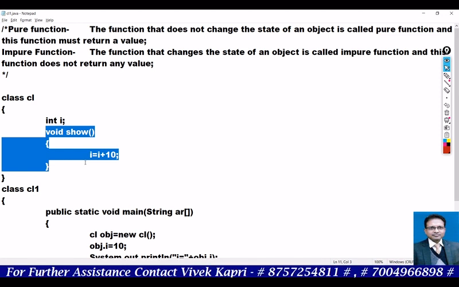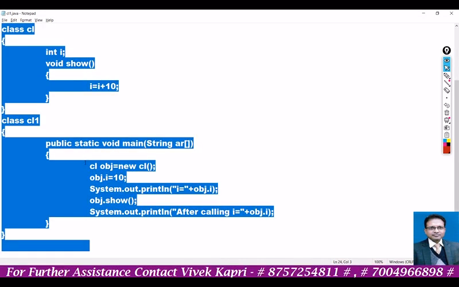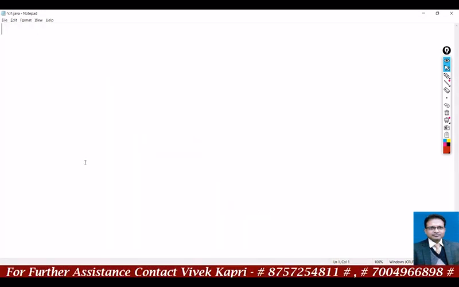Clear? So call by value, call by reference, pure and impure functions, these are asked directly in the board examination. You are not asked any implementation on these concepts. You just have to remember the definition and an example program on these concepts. Clear? Now we are going to discuss a most important topic from the board examination point of view and also the school examination point of view, that is function overloading.